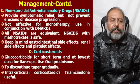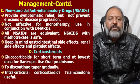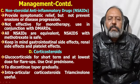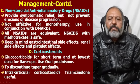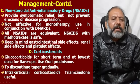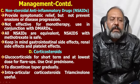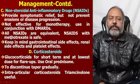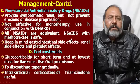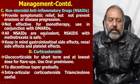Now, continuing the management, the third parameter is non-steroidal anti-inflammatory drugs, NSAIDs. These provide symptomatic relief but do not prevent erosion or disease progression. These are not effective for monotherapy. These are best used in conjunction with DMARDs, disease modifying agents. All non-steroidal anti-inflammatory drugs are equivalent, and NSAIDs with methotrexate is good and